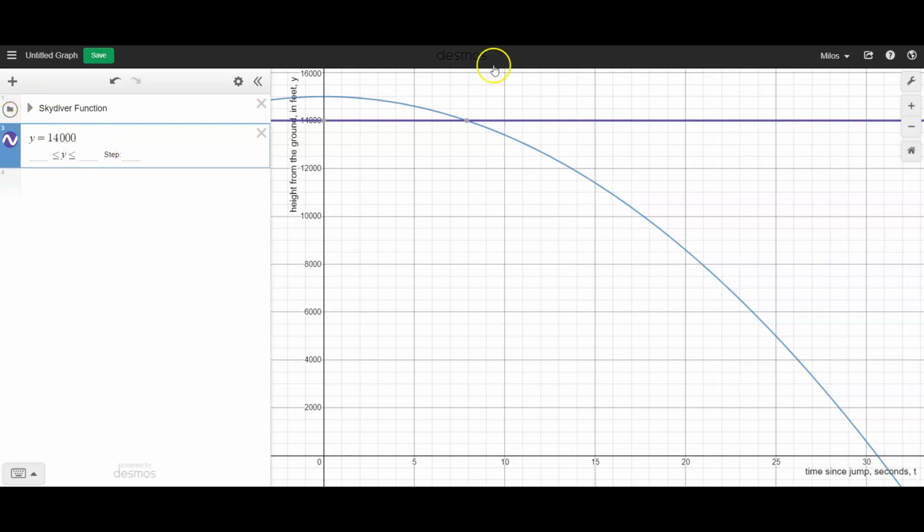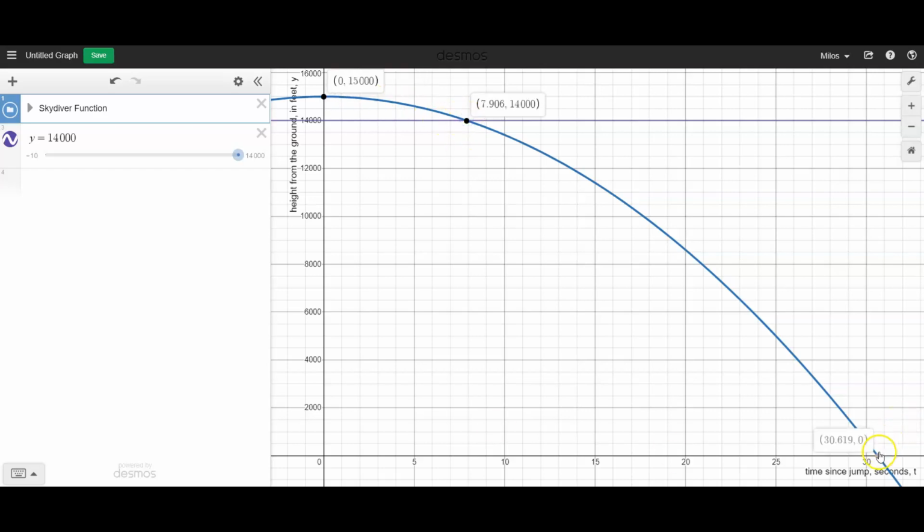What that means is that these are all the y values where the height of the skydiver is 14,000, anywhere it intersects our blue curve. You don't want to just insert 14,000 because it doesn't really know what that means. You have to say y equals. And the cool thing about this is you see all these little snap points. If I click and drag with my cursor, you can actually snap to these important points here: intersections, zeros,